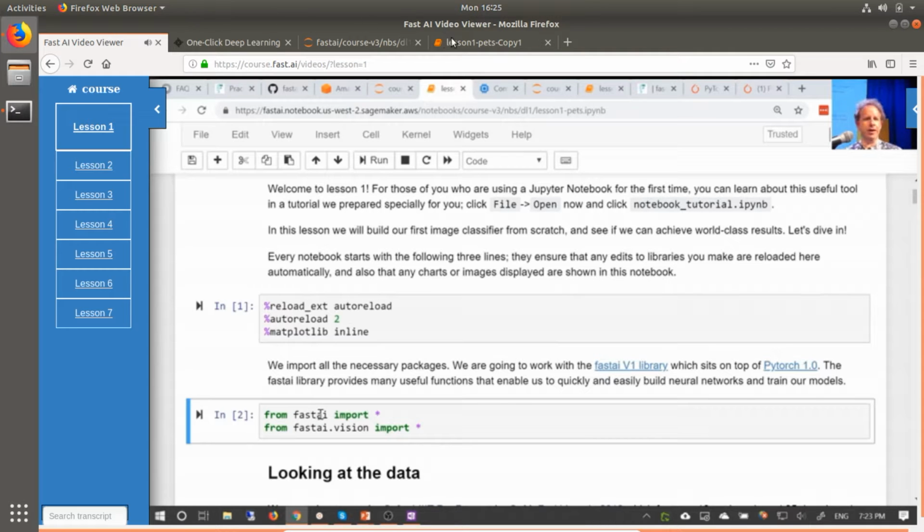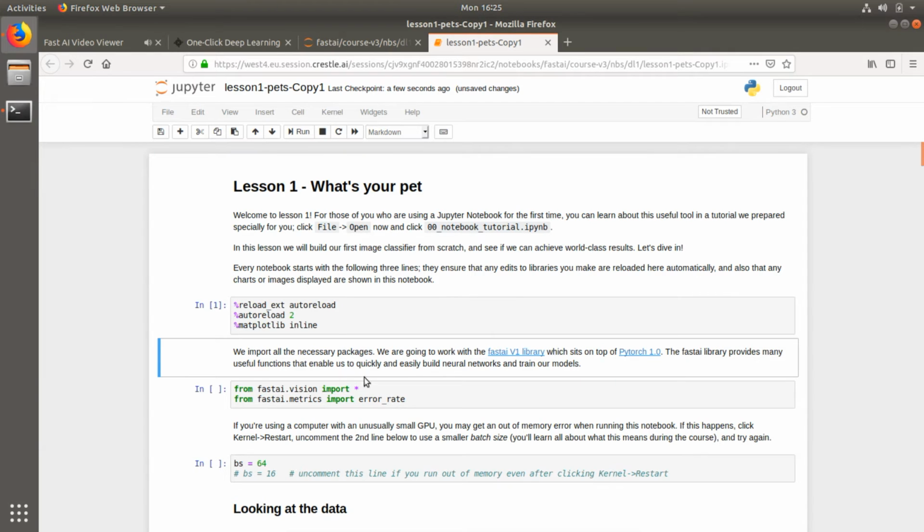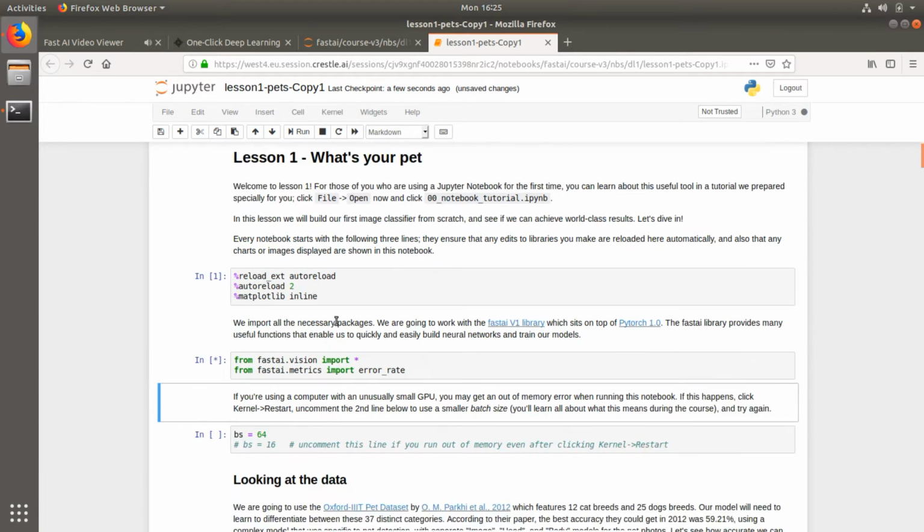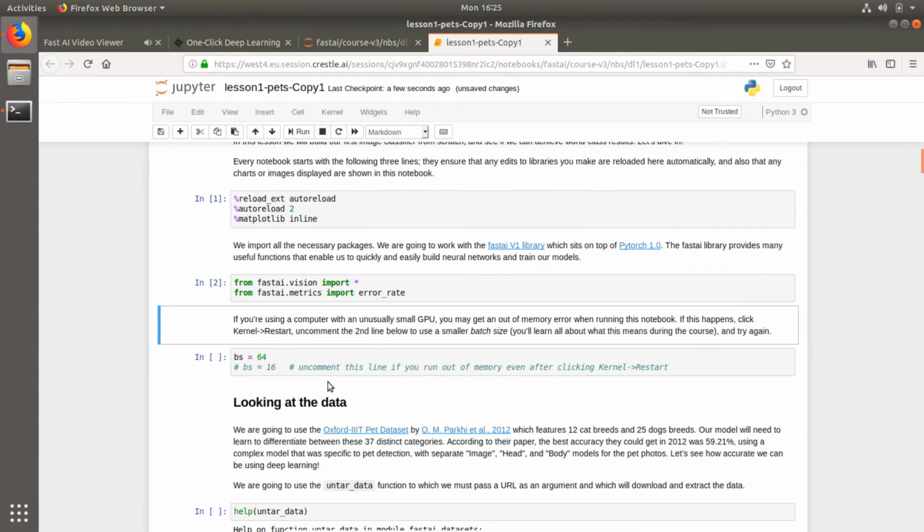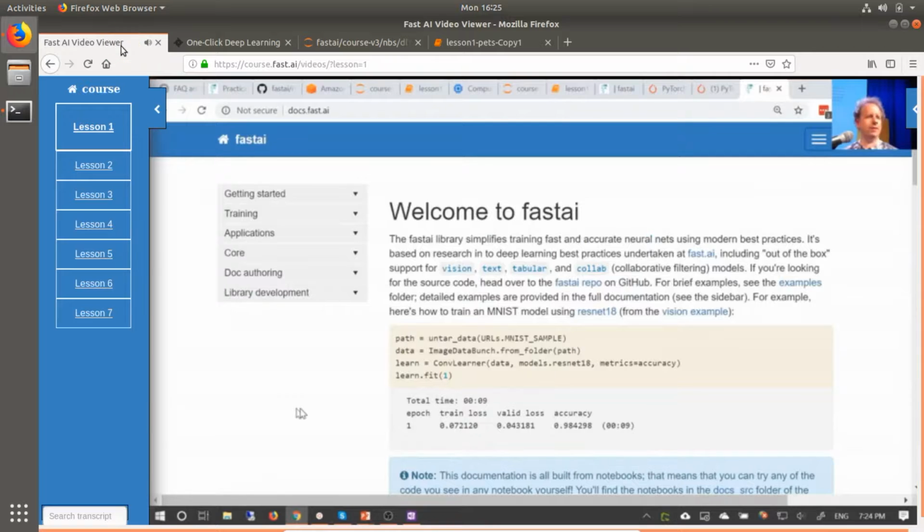The next 2 lines load up the FastAI library. What is the FastAI library? It's a little bit confusing. FastAI is the name of our software, and Fast.ai is the name of our organization. So if you go to docs.fast.ai, this is the FastAI library. We'll learn more about it in a moment, but now realize everything we're going to do